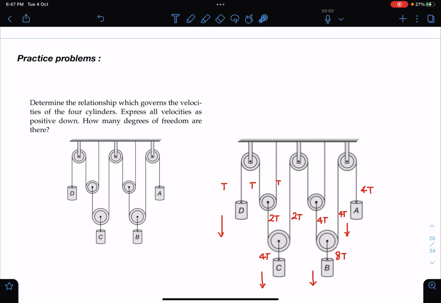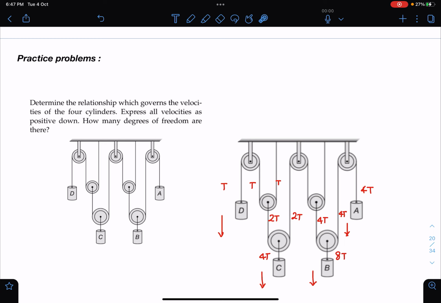So here is the first problem, and I think most of the students would have struggled with degrees of freedom. Normal constraint is very easy. So you start from any one string, and there are multiple strings involved here. This is one string, this is one string, and this is one string. So there are three strings present here. So in this case, there will be